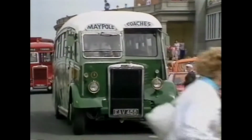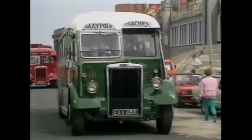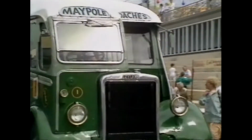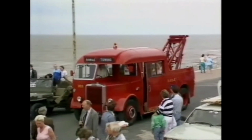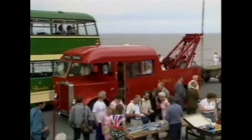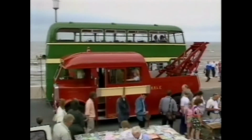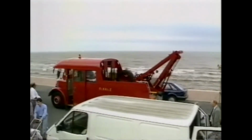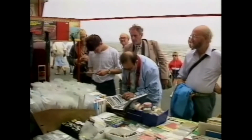The Leyland Tiger model PS1 coach with dual bodywork in the delivery of Maypole coaches. Regrettably not displaying an entry number, but then being followed by entry number S1, which is a vehicle that was once a bus but is no longer. As you can see, it's a breakdown vehicle, and behind that, the vehicle was about a